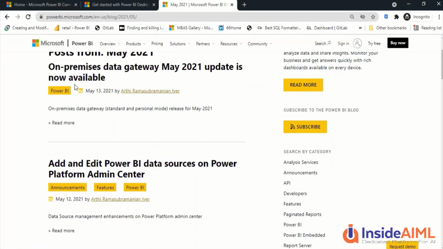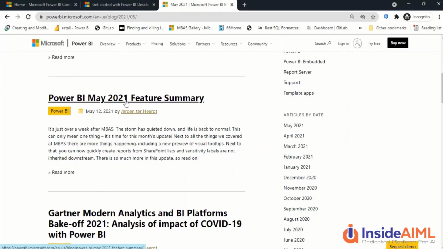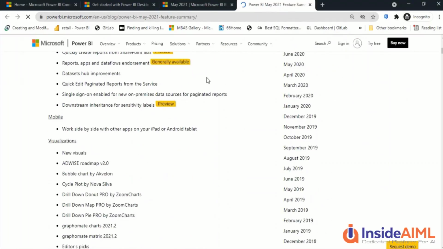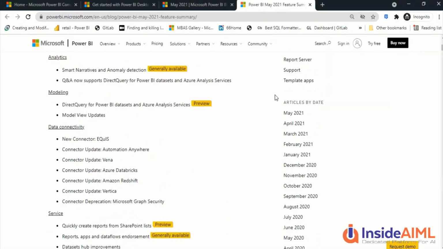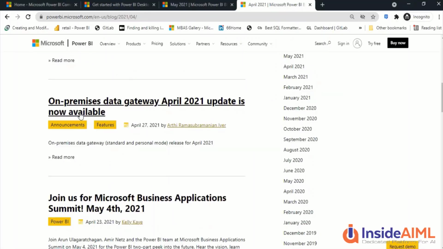So you can go ahead and look at that particular blog. Whatever recent releases are there, there will be documentation around that. Other than that, Power BI communications on various topics would be there. Like this May 21 release, you have documentation around it, what are the new features which are available.